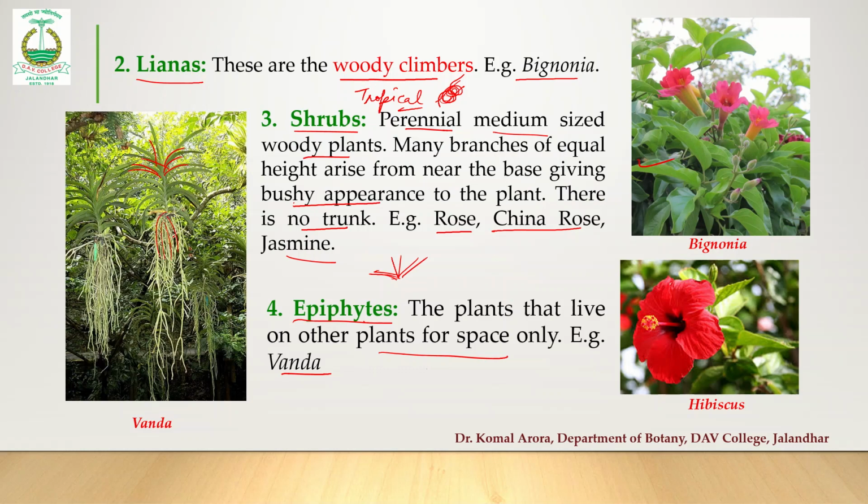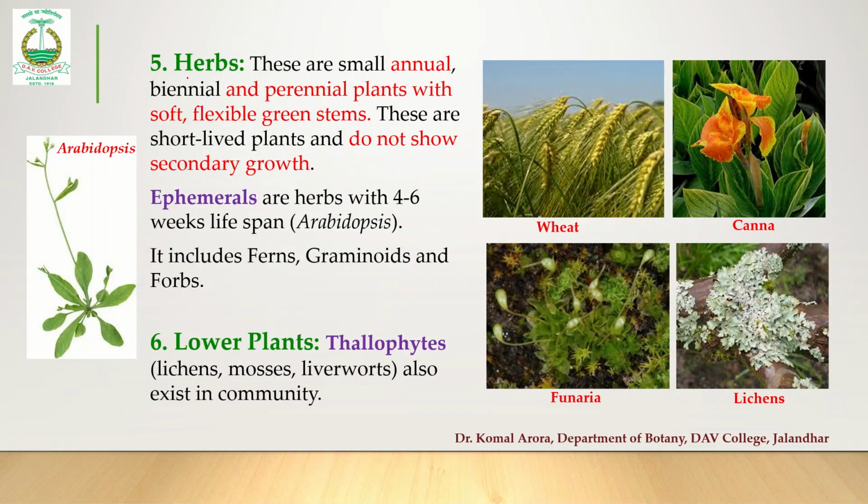These roots have the velamen tissue which is hygroscopic in nature, so it can absorb moisture from air. There are some roots which are meant for clinging to the support and few roots which are meant for absorbing moisture from air. So these plants are called epiphytes, and they don't withdraw any kind of nourishment from the supporting plant.